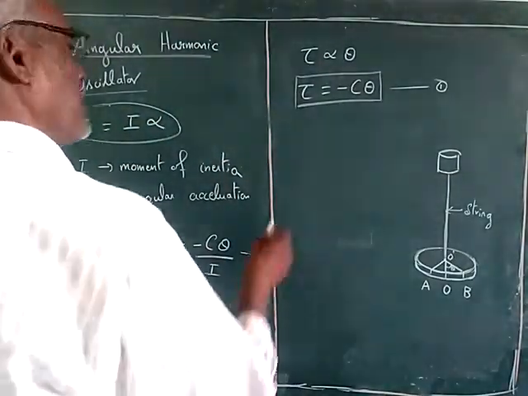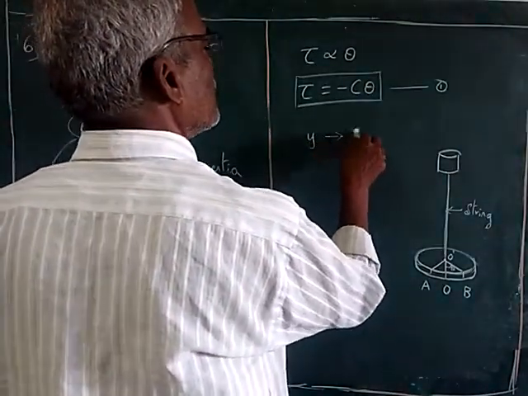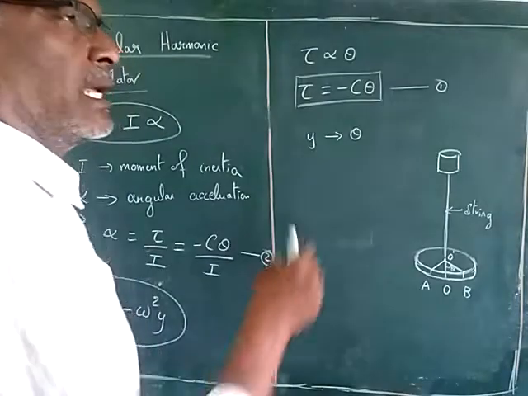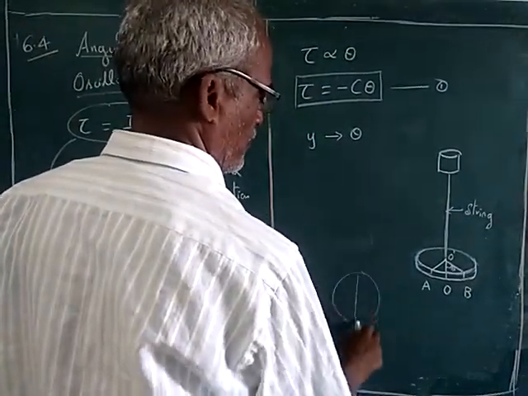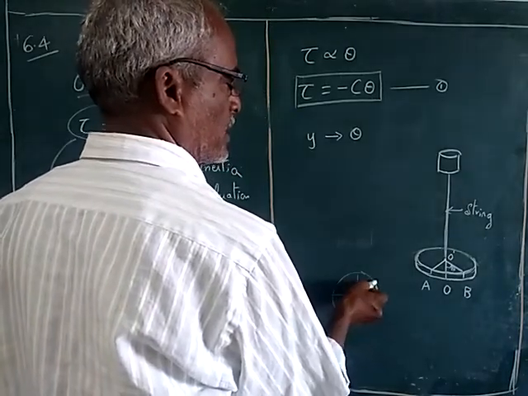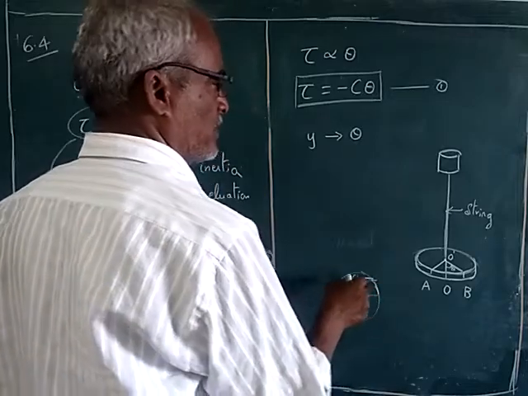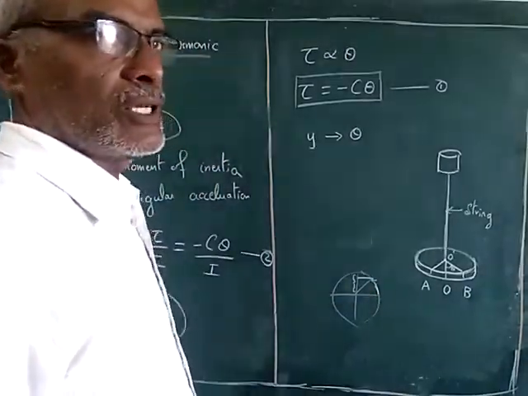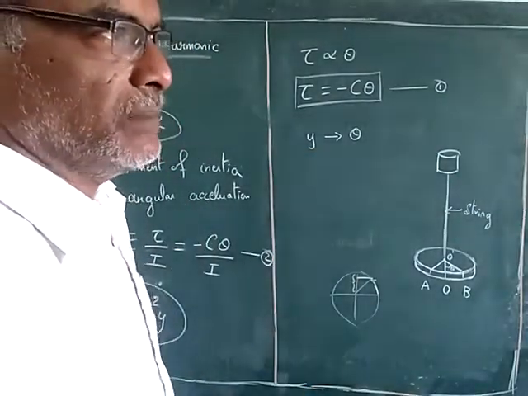now replacing y by theta. So in this equation y is replaced with theta. What we discussed there is, when a particle moves, you see a vertical displacement. Now here it is angular displacement. So y can be equated to theta. So y is replaced with theta,